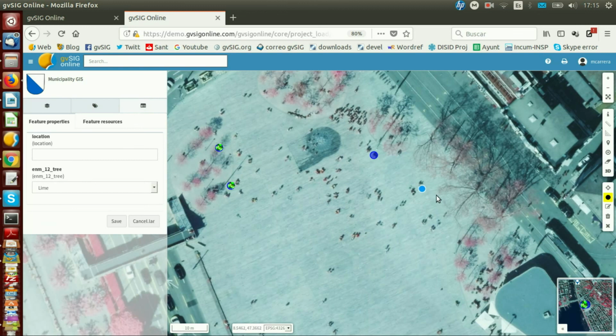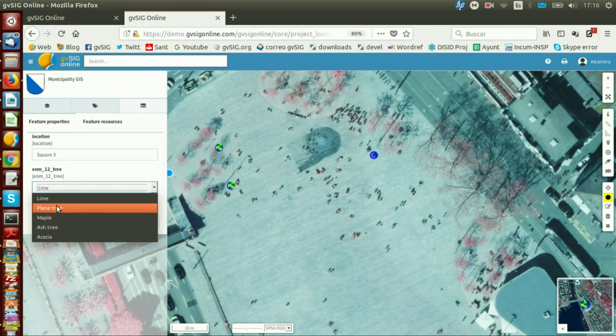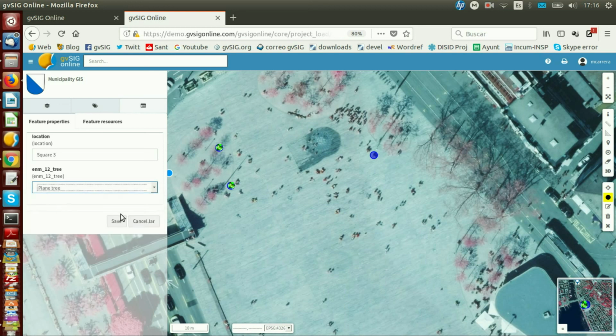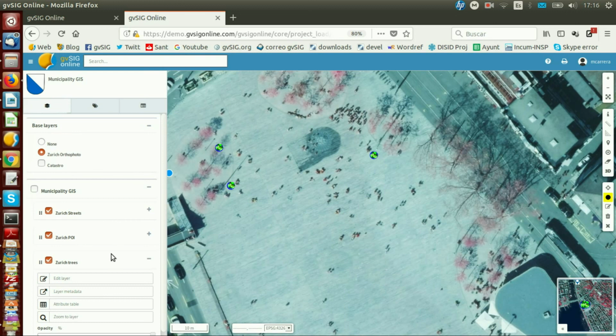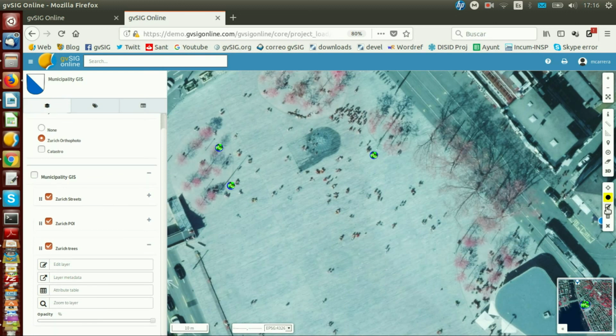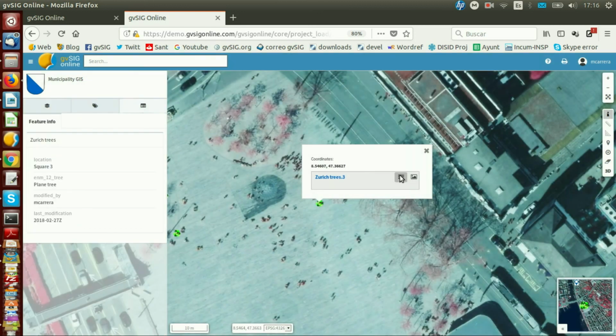So for example here. And here you can see the location, for example, square 3. And here we have the enumeration with the different types of trees that we can select. For example, plain tree. And I'm going to save. I have the new point. And I'm going to finish editing. And now, if I press the information tool, we have the information for the different trees. The plain tree, square 3,